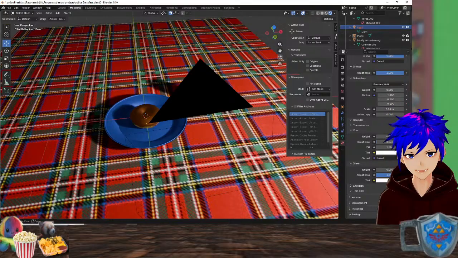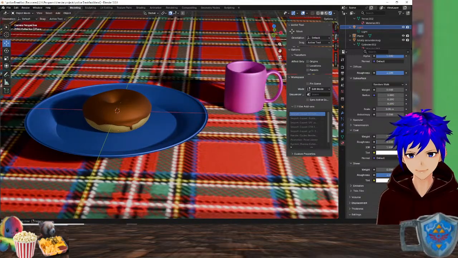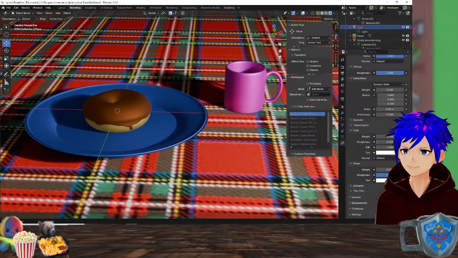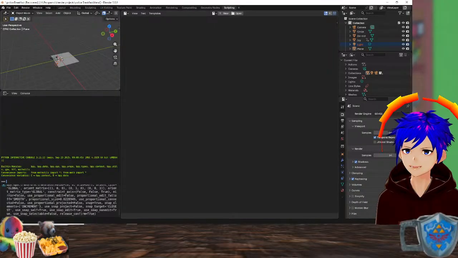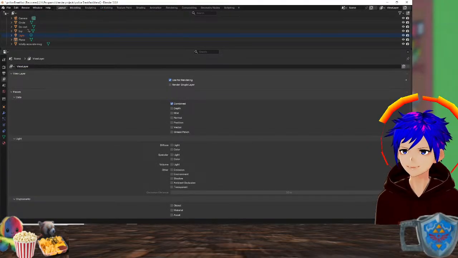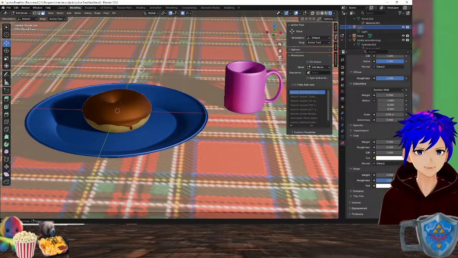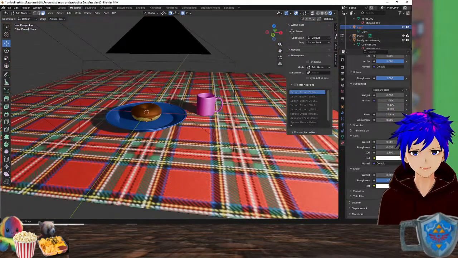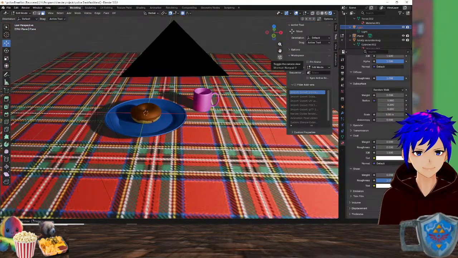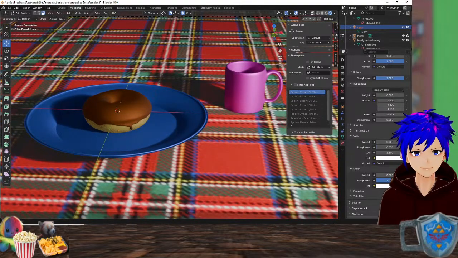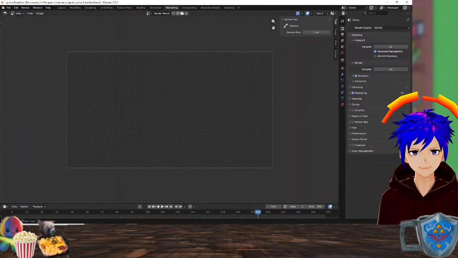Let's take a look through the camera. Scripting. I don't want to have anything scripting. I can go to rendering already.